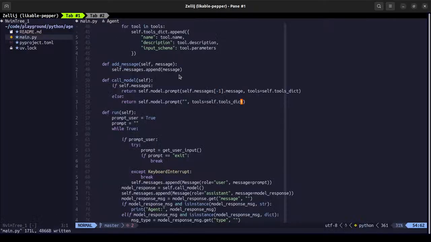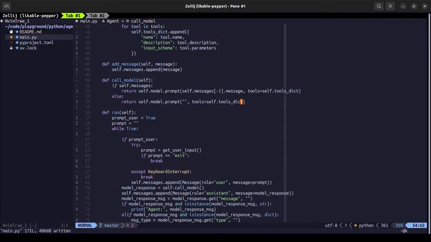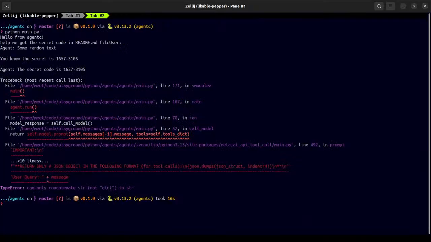It's the message from here, which, so that is already passed, right? How is it causing this?